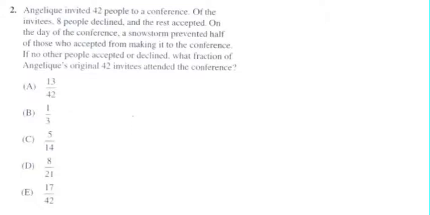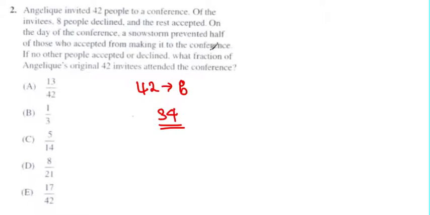Angelic invites 42 people for conference. Now, 8 people declined, and rest of accepted. On the day of conference, snowstorm prevented half of those people who accepted. So we used to have 42, but 8 people has been declining, so we have 34 left. Now, but out of that, half of them